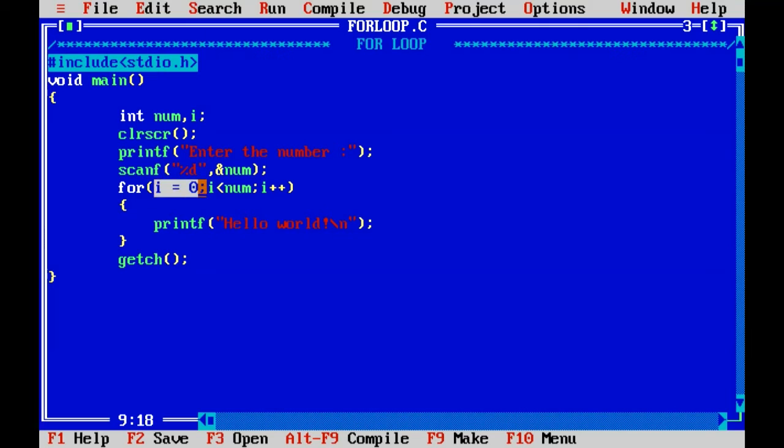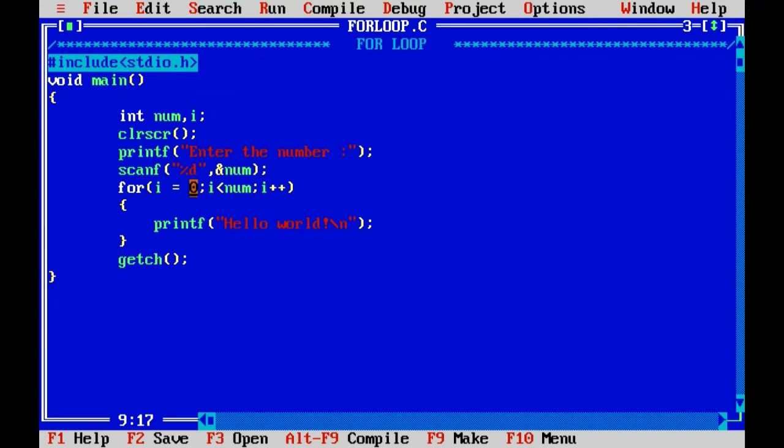The initialization part works only the first time of the loop. The condition keeps working n number of times, and the i plus plus will keep incrementing after completion of each iteration.